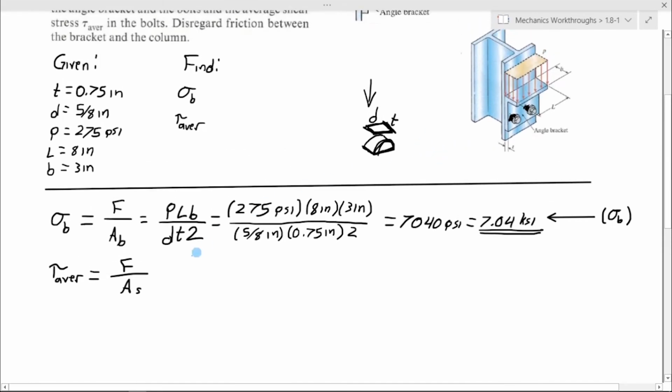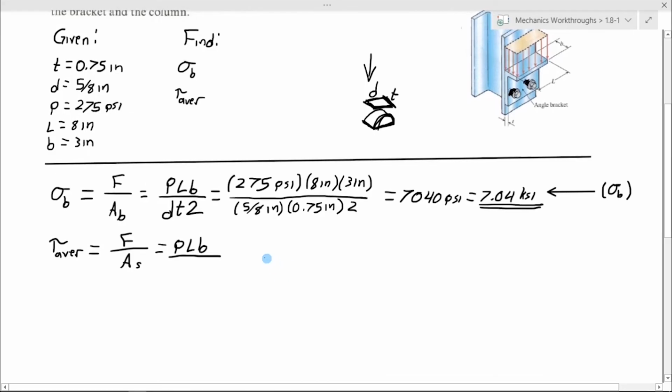And so again, our force is going to be PLB, multiplying our pressure over the distributed area, and our shear area is going to be the cross-sectional area of a bolt, pi d squared over 4, and then we have two bolts, so again we multiply it by 2,